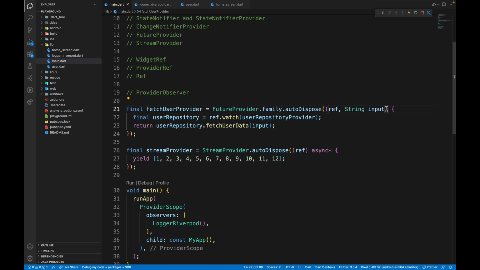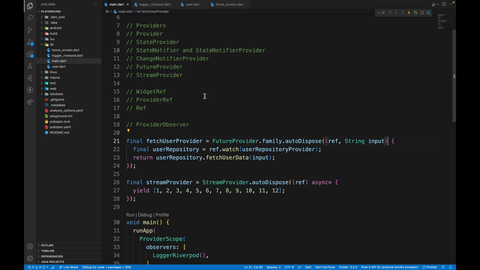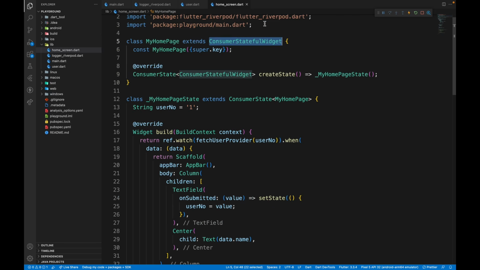Now, what are the solutions to it? Well, there are solutions to a few of them. For so many providers, we have a package that we are going to look at, which is called Riverpod Generator along with Riverpod Annotation. We're going to dive deep into it, but for a basic level, that's what we are going to use. Converting to a stateless or a stateful widget, over here we have an extension in VS Code